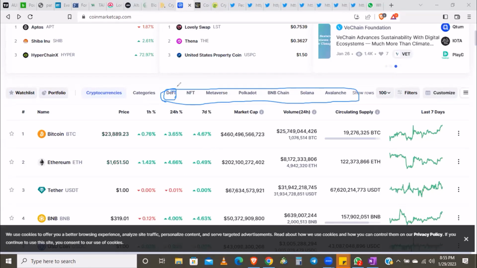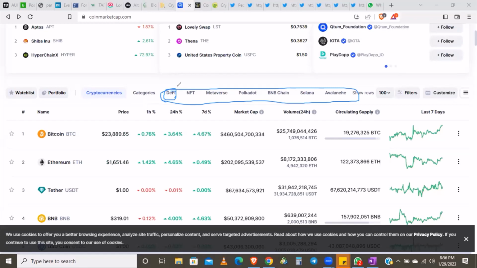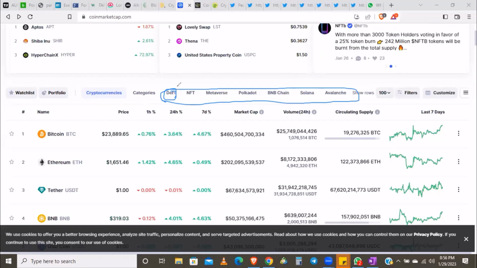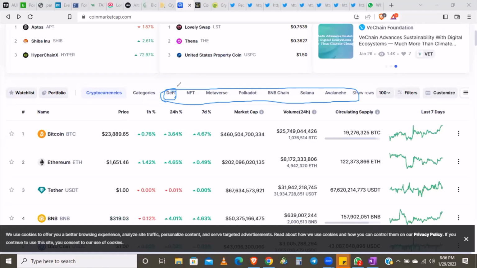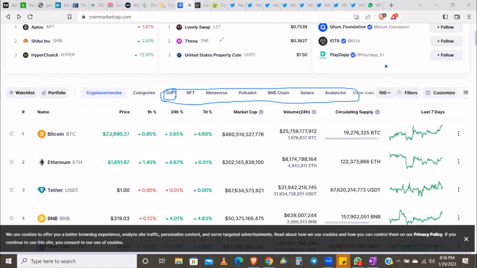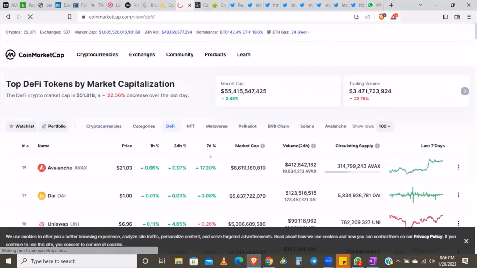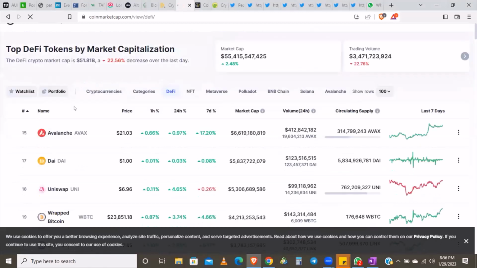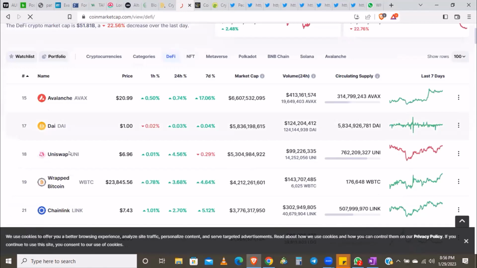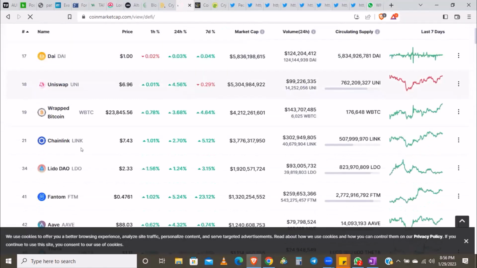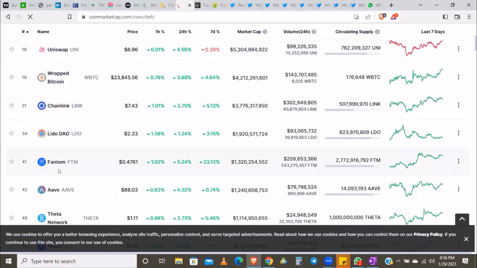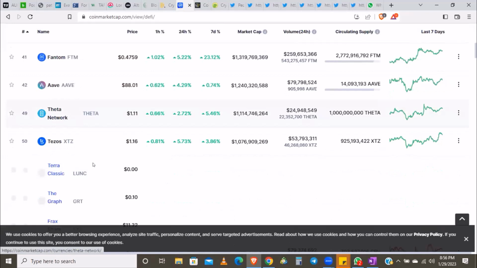So that will give you an insight as to whether these coins are going to be good, and I think I should buy this coin and keep it, so I can make money, because all of this gathering tonight is about making money. Okay, so let's quickly tap on DeFi and see what coins under this DeFi we can actually exploit. Look at them. We have AVAX, we have dApp, we have Uniswap, we have Link. These are actually prominent. We have Phantom, we have Aave, we have Tezos as XTZ, and we have a lot of them.